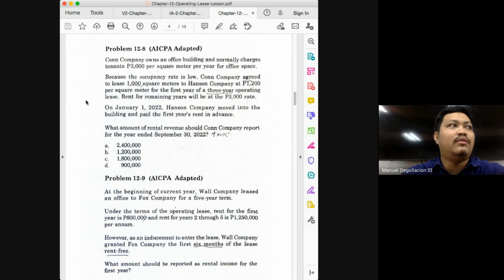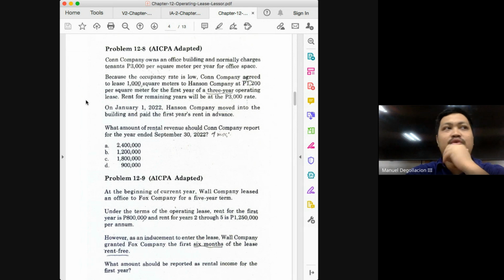But again, under accrual accounting, which is observed for operating leases, applying the matching principle, our rental income will not depend on our collection. So even if we collect 1,200,000 on year 1, your rental income will not simply be 1,200,000. Even if you collect 3 million on year 2 and year 3, your rental income for year 2 and year 3 would not be 3 million. Again, we will be spreading out all our rental revenue throughout the lease term. And unless there is a better systematic allocation, class, we'll be using straight line.